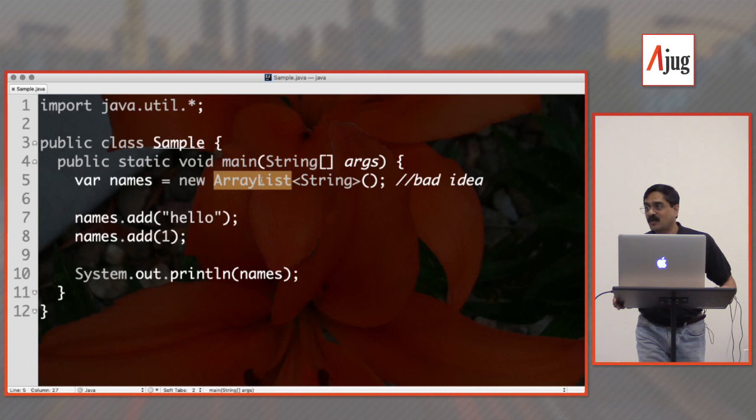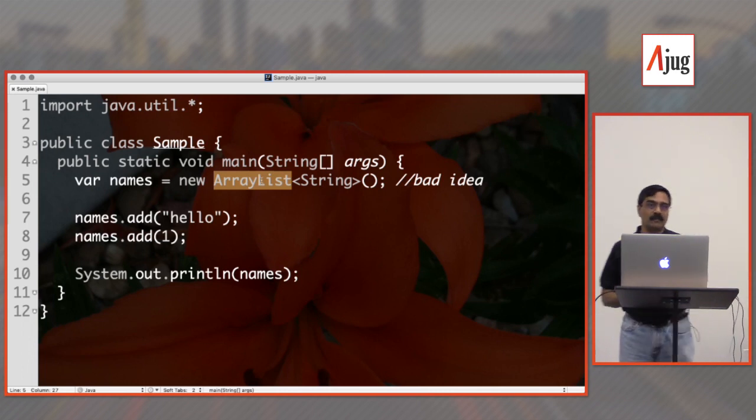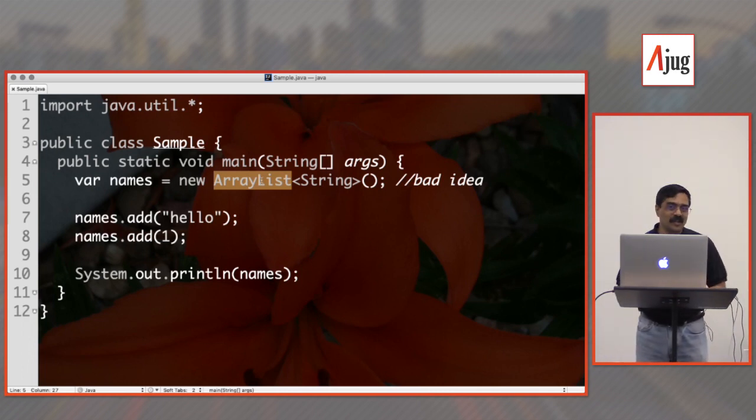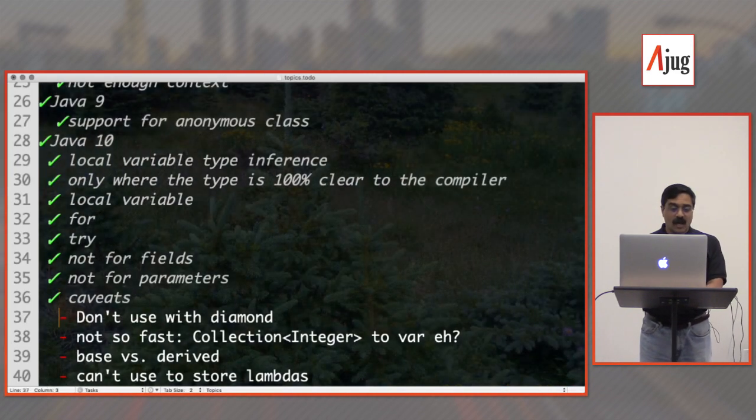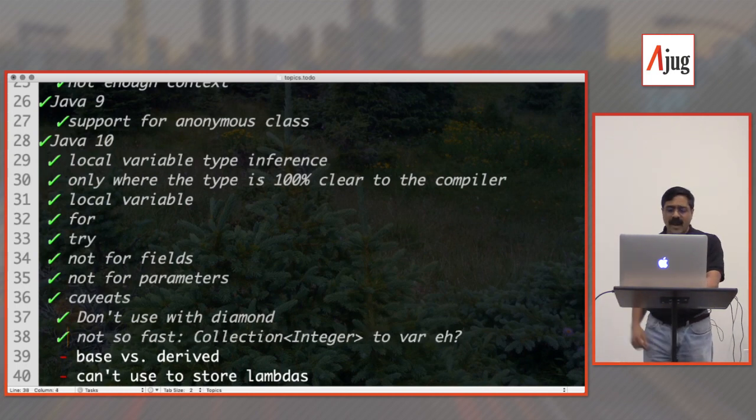And maybe that's not what you really wanted. So you got to be very careful about it. Again, just because you can use it doesn't mean you should use it, right? So you got to be careful about it. So don't use it with the diamond. Also, not so fast with